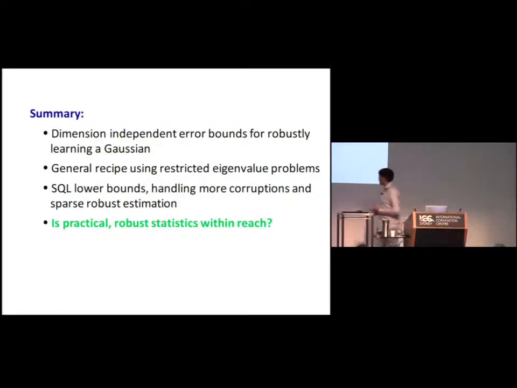And really what I was trying to get at was this question about, empirically, when you try out a lot of the approaches in robust statistics, they really don't work in dimension, let's say 6 and higher. So all of a sudden, when you can do some things, I wonder whether practical robust statistics is within reach. So I'm going to stop here, but I'll mention that the second part of this tutorial